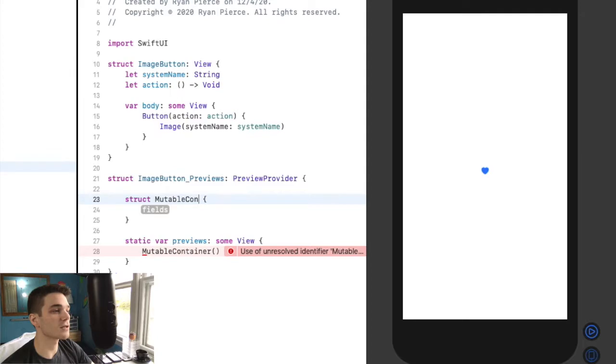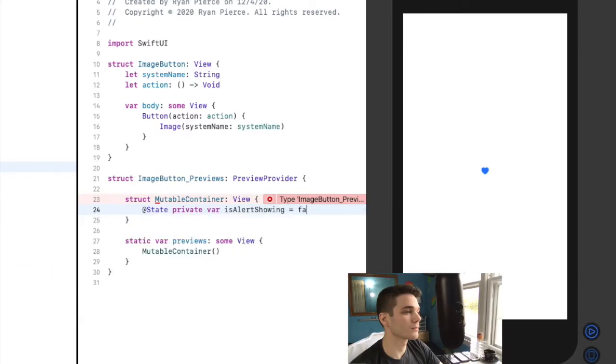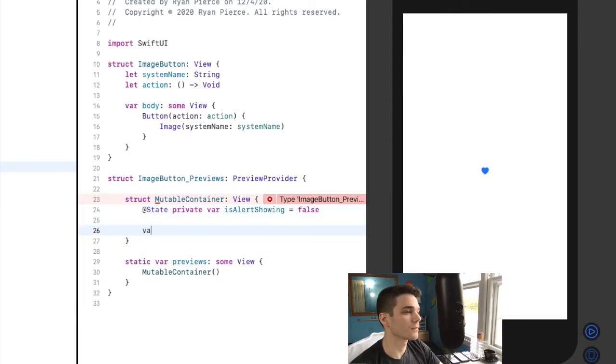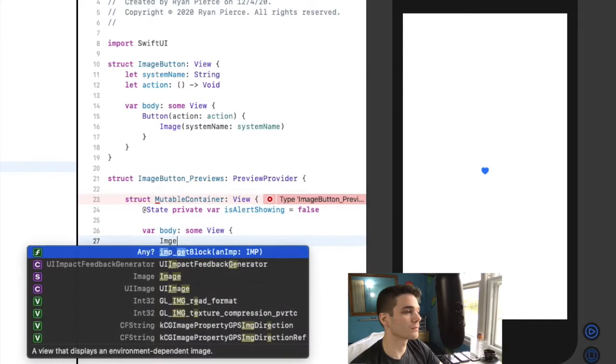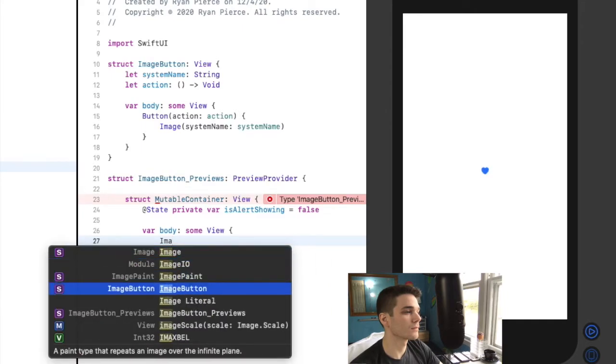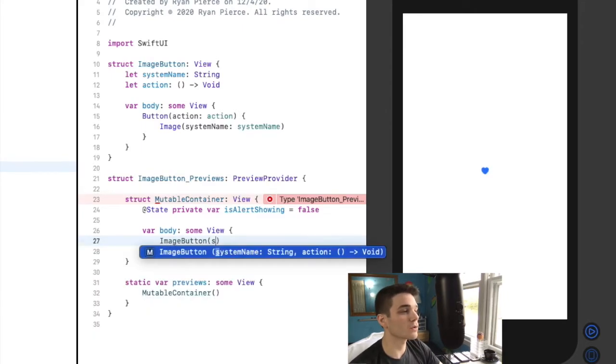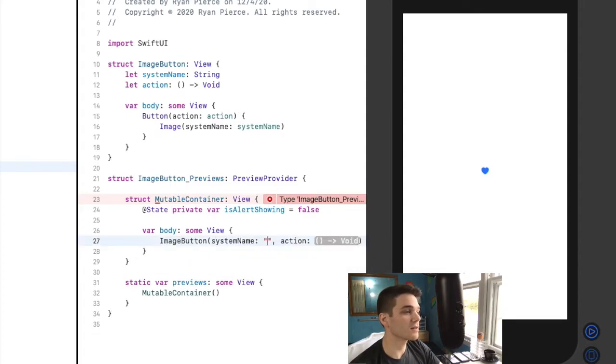So in our mutable container view, we're going to create a state, and it's going to be called isAlertShowing. And we're going to use this to show an alert. And this is at the heart of how SwiftUI works. When we create state, we create variables that all of the views observe. For example, in our body, we'll create our image button, provide an icon, in this case, again, heart.fill, and then